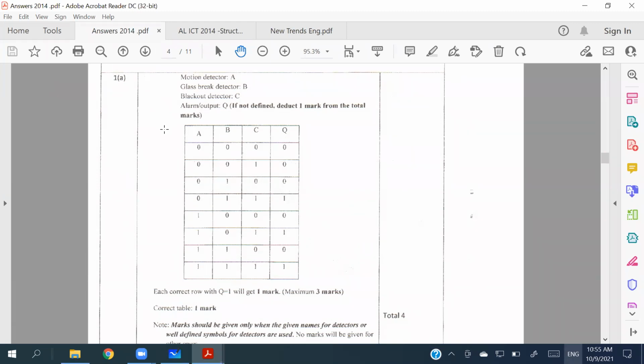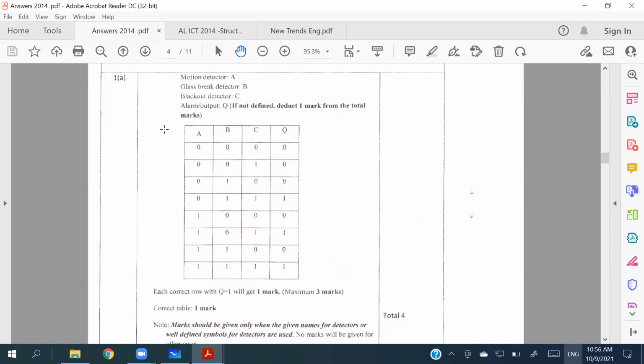The system automatically detects break-ins and triggers the alarm only when 3 detectors are simultaneously active, or the blackout detector and any one of the remaining detectors are active. Yeah, that is the rationale, or the argument. Either all the sensors should be activated, or the blackout detector with one of the other 2 detectors, right? So your answer, the